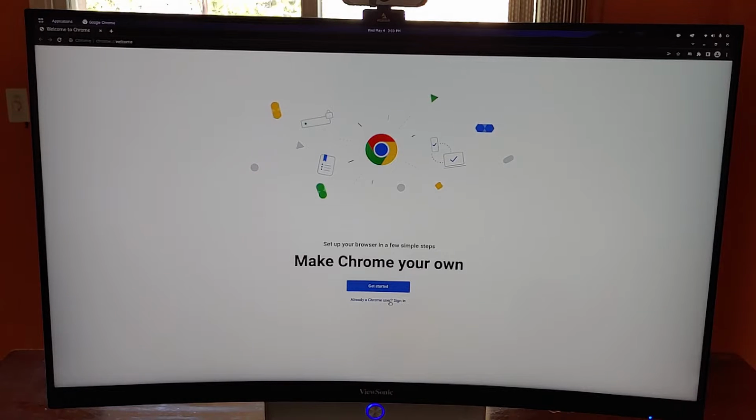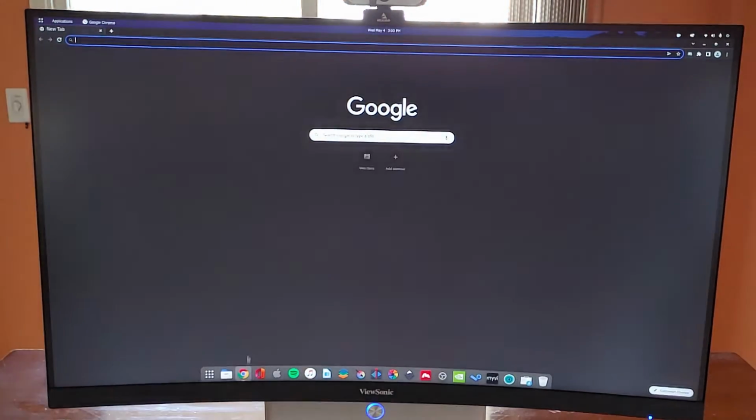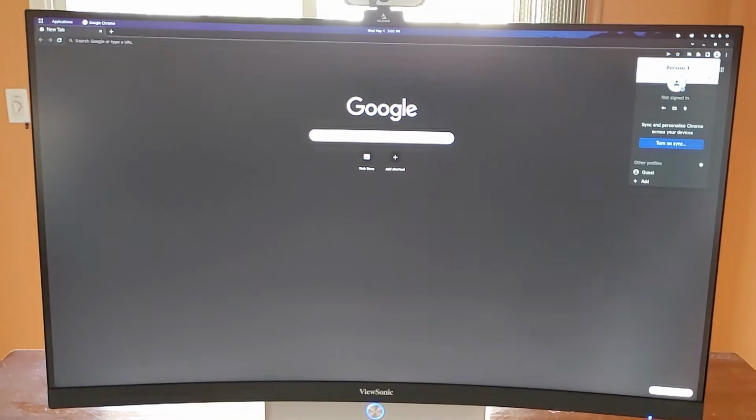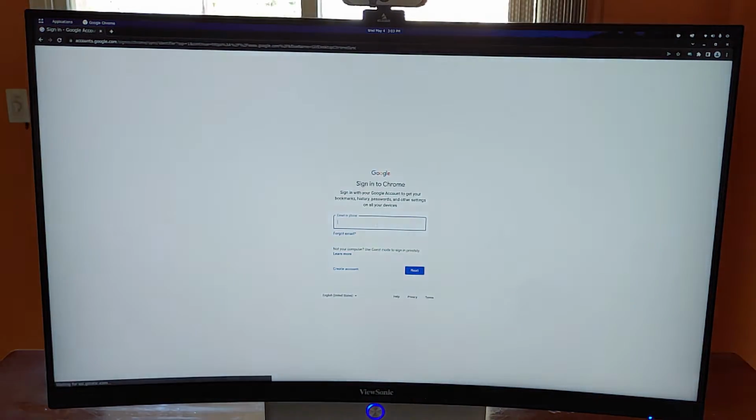You'll want to sign into profile 1 because we do have some custom configurations and settings you'll want to use later. Save into profile 1. If you accidentally close out of this and you open it again, you won't see that screen again. But if you select the little person icon right here and go into turn on sync, you can now sign